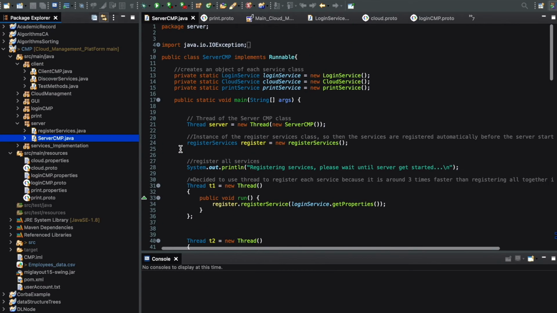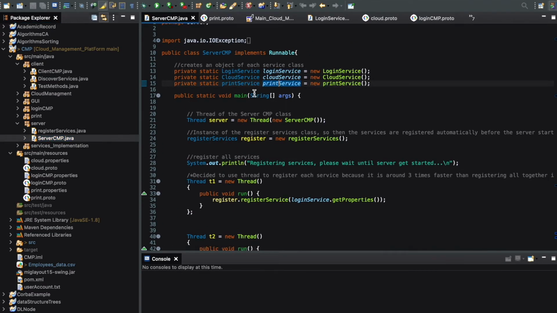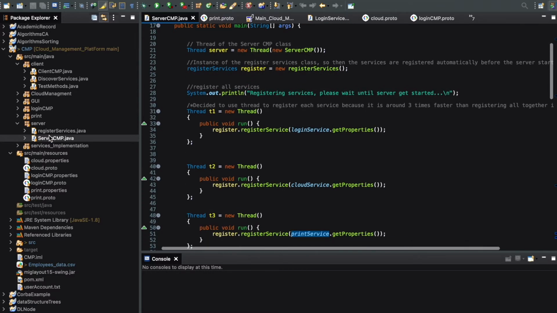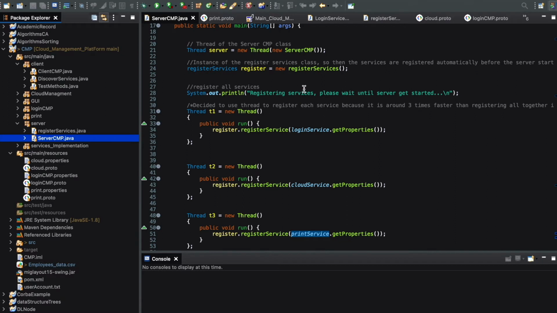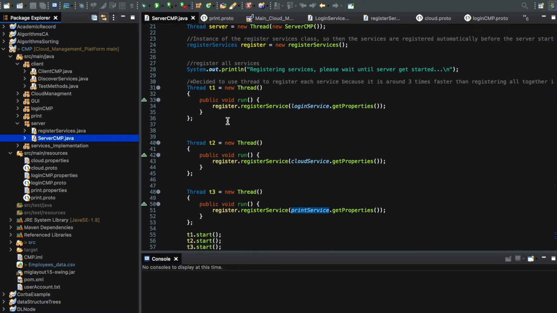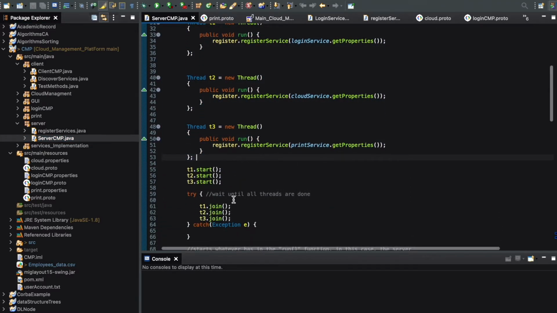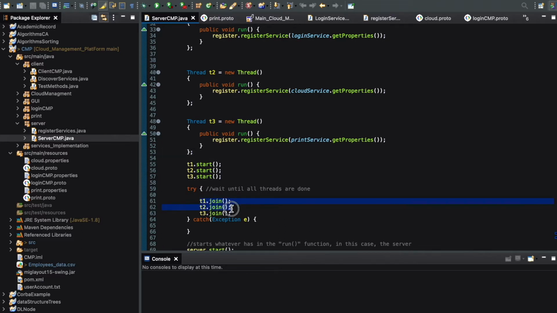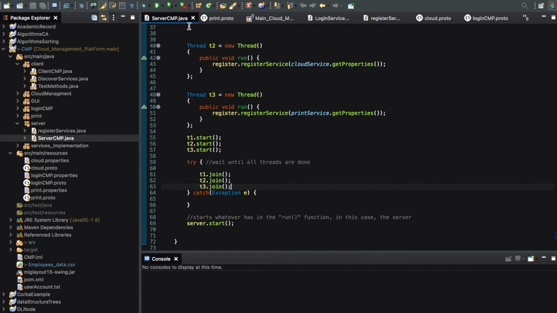In order to do so, an instance of each service is created at the very beginning of the server, and an instance of the registered services is also created, and it's called through thread methods. This way, it registers all of the three services at the same time, making it 3 times faster. And by using the join, it awaits the termination of all of the 3 registrations,